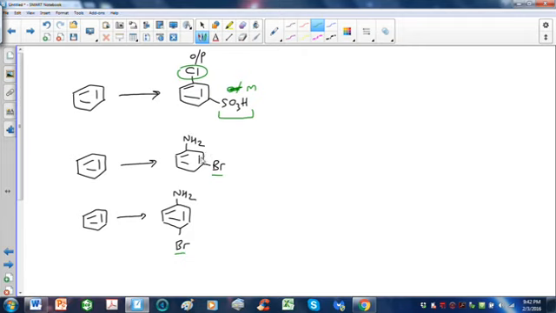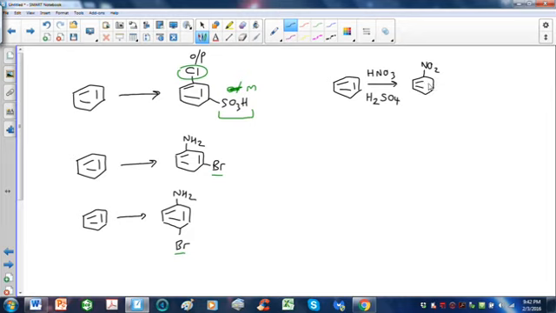And you're going to see there's a whole bunch of groups you can put onto a benzene ring, but you can't put on directly. You have to put on via some other group. All right, and the amino group is one of them. All right, the amino group will only go on by way of another group that has a nitrogen in it, which is the nitro group. All right, so if I put my nitro group on first and I get out my nitrobenzene,